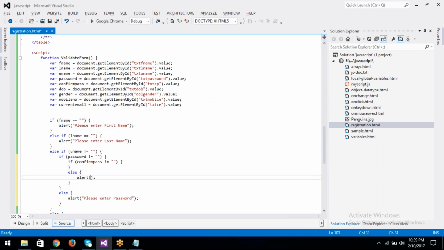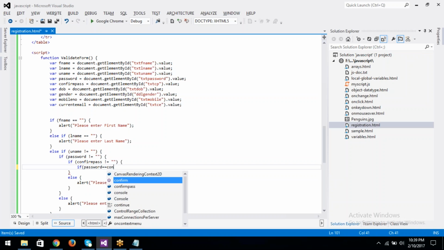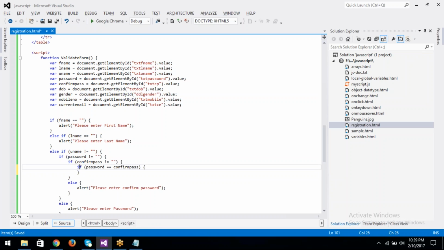Alert: please enter confirm password. If confirm password is also not equal to empty, we can check these two passwords. If password equal to confirm password,